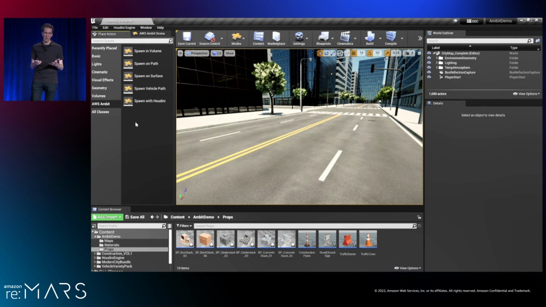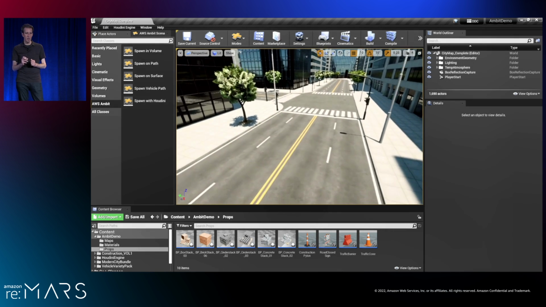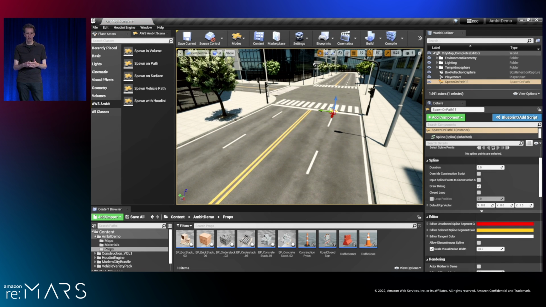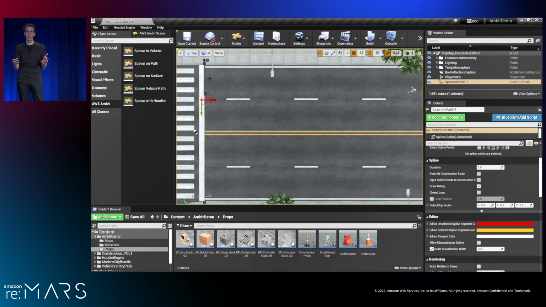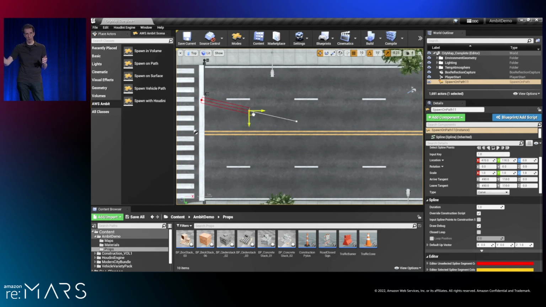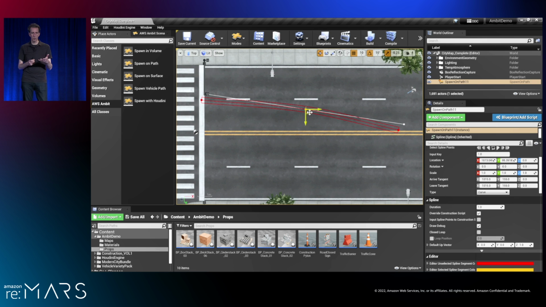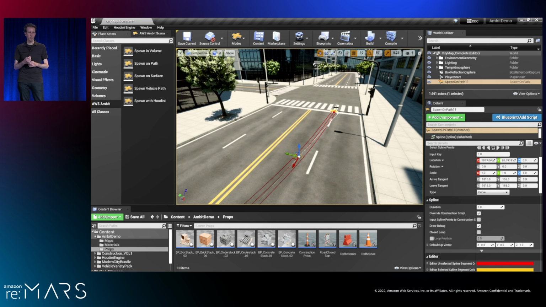So let's start building our intersection, our construction zone. To start, I'm just going to position my camera in a convenient location. And we'll start by laying out that path of traffic cones that are going to get traffic to merge into a single lane. So for that, I'm going to use the Spawn on Path tool. We just add it to our map where we want our path to begin, and we just draw. We use the built-in spline tools in Unreal Engine to draw a curve that will represent where we want those cones to be placed. So I'm in overhead view to make it a little easy for myself. When I have the shape I want, I can switch back to my original perspective.